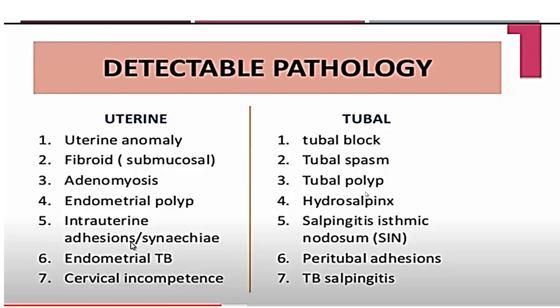Regarding the detectable pathology on hysterosalpingiography, either we can detect uterine pathology or tubal pathology. Uterine pathology, mainly detection of uterine anomaly, presence of intrauterine filling defect as fibroid. Fibroid may be submucosal, so it appears as an intrauterine defect. Adenomyosis, uterine endometrial polyp. So the polyp and the submucous fibroid both will appear as